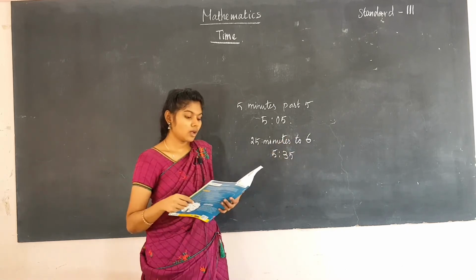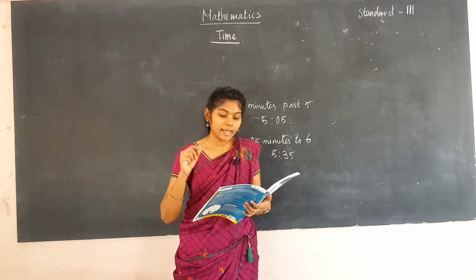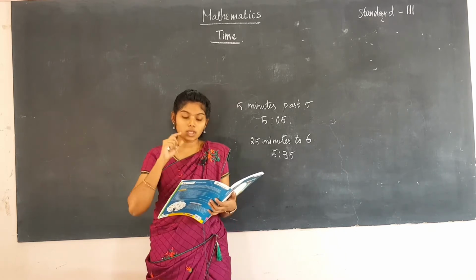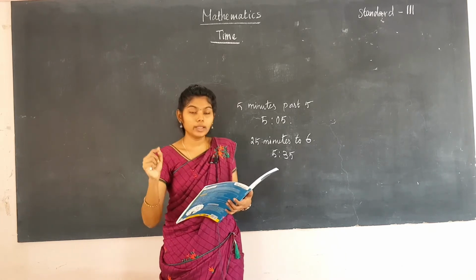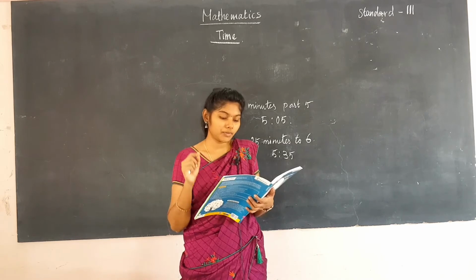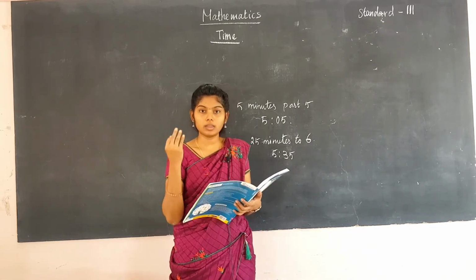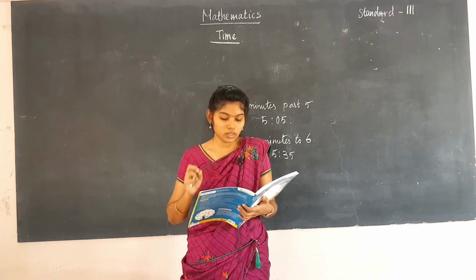Okay, and then how would you read the time 5:45 in terms of quarter? In terms of quarter you have to say 5:45. How will you read that? You have to write that one. You are going to find that. Now you are going to see hour, minute and second. What are the things? Hour, minute and second you are going to see here.